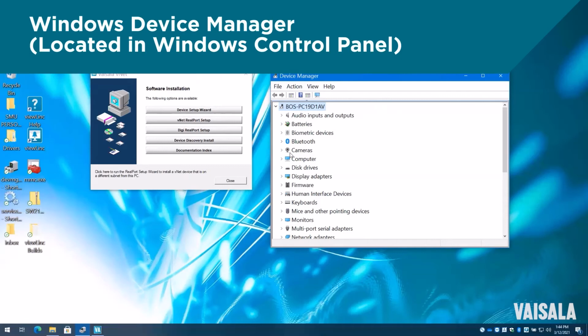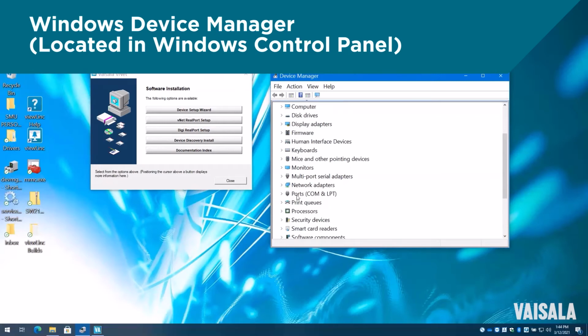If you take a look over here on the right-hand side, I have Device Manager running. Now, Device Manager is the actual interface that hosts the ports and network adapters and multi-port serial adapters.